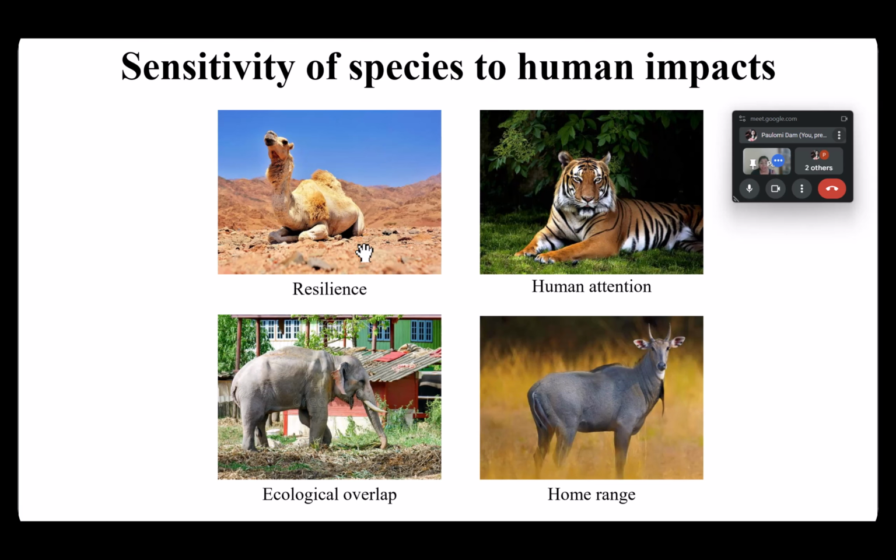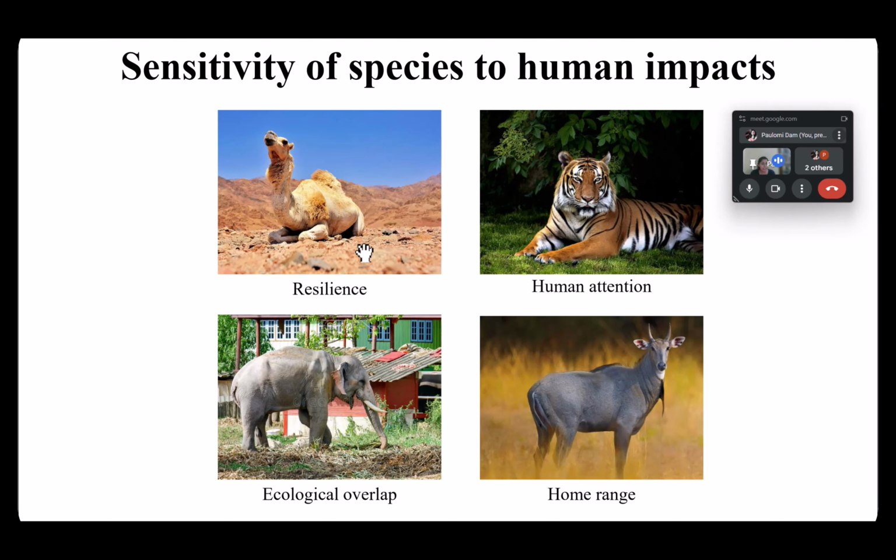Then you need to see the animals or the plants, how much human attention is being retained on them. Now tiger has extremely high human attention in both ways, in positive ways because they are very charismatic, in a negative way also because they are very fearful. So these animals of course are at the peak of the ones who are mostly affected by human impacts.